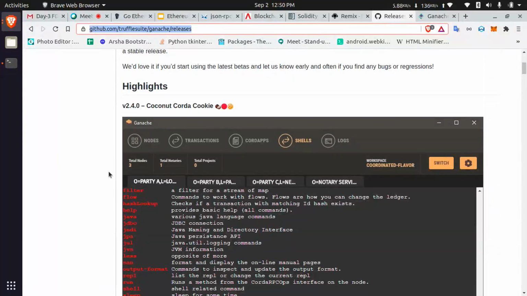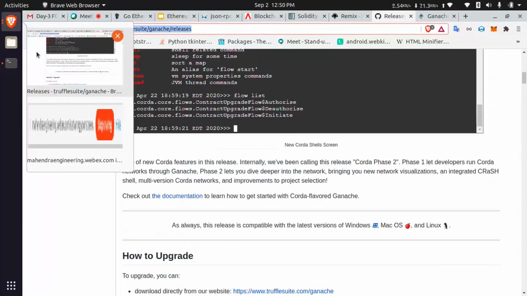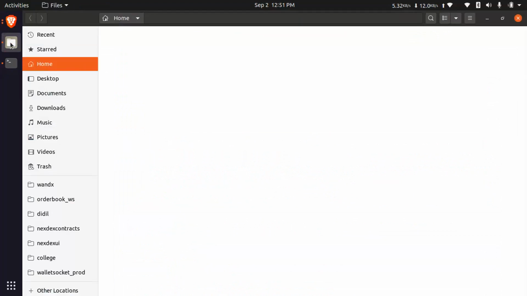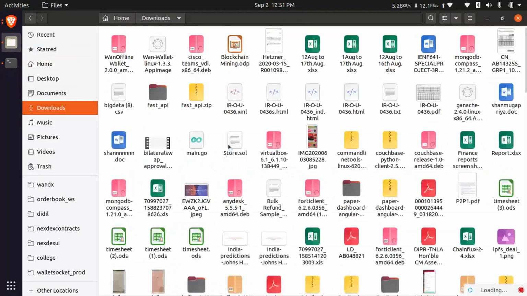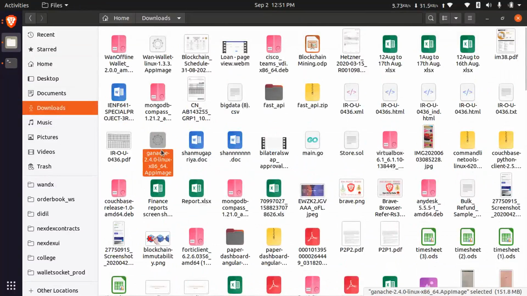I already downloaded this tool. You can also try to download and run this. Let me open that. Yeah, Ganache client, I am starting.